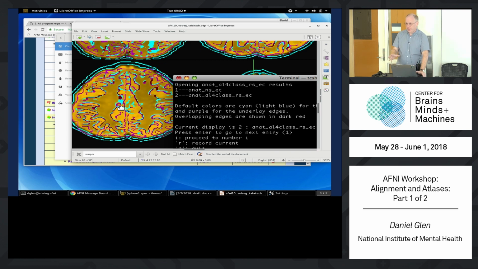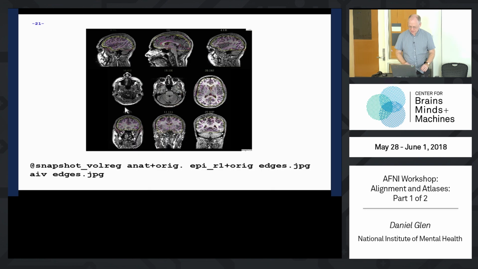We don't use nonlinear between these two because they're roughly in the... Well, I'll get to it. There's a case where we do use nonlinear, but mostly we don't. Okay, besides the @add_edge script, we also have the @snapshot_volreg, which will show you the edges as they are. It doesn't do an alignment for you. It just shows you the edges